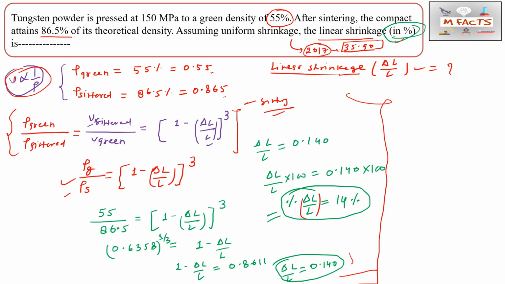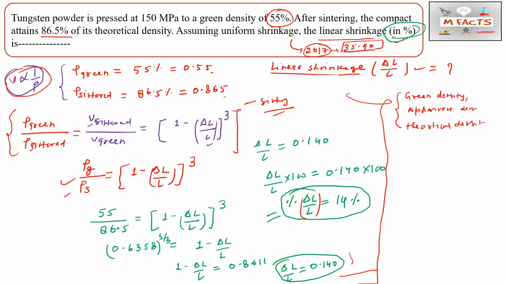Okay, so this is the first type of question which may be asked from this powder metallurgy part, and the other formulas are also there. I will tell you in this video. Suppose in this question they have already given green density, apparent density is also given, and theoretical density. So these are the densities they have given, and they want to ask you about the densification parameter. Okay, so how can we find the densification parameter?